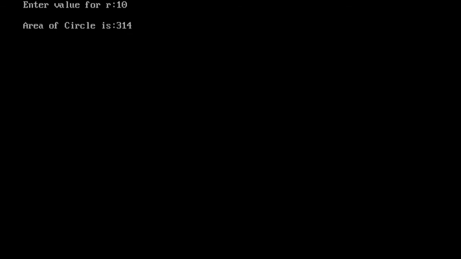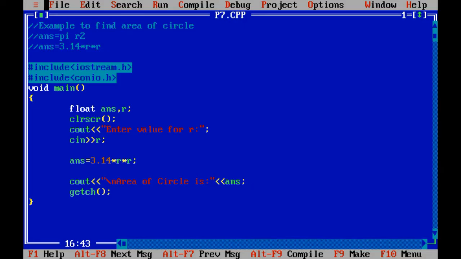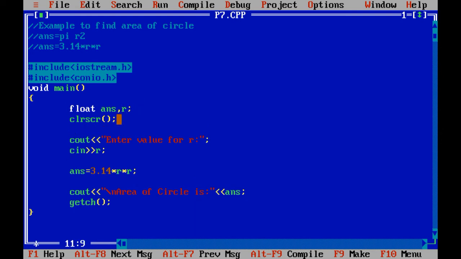So this is the first program, and I hope you have understood the concept, what we need to do. Don't develop the program directly, you just need to simplify the formula. After that, decide what is the input variable, what is the output variable, and what are the processing statements. Once you separate these things, at that time you can easily develop the program without any error.